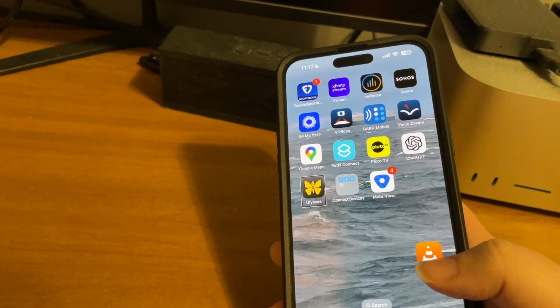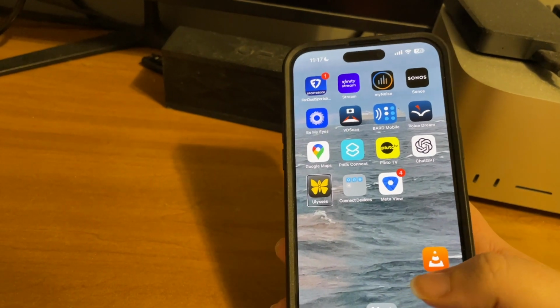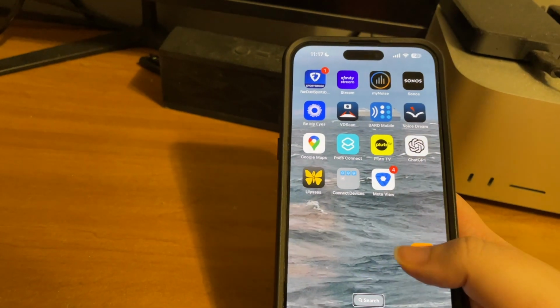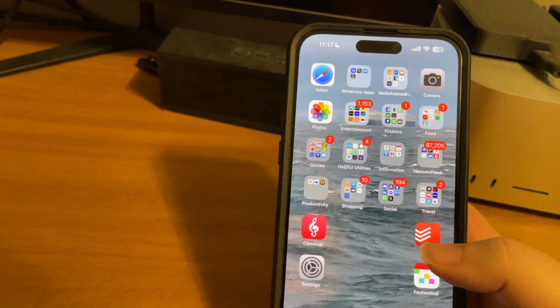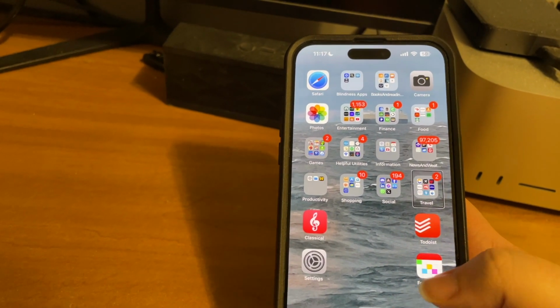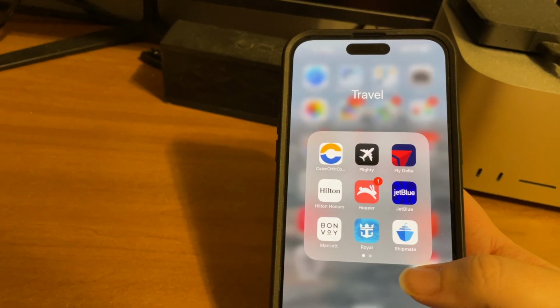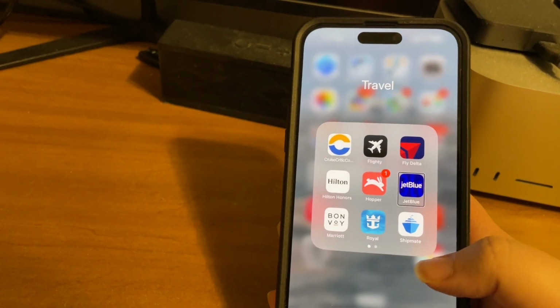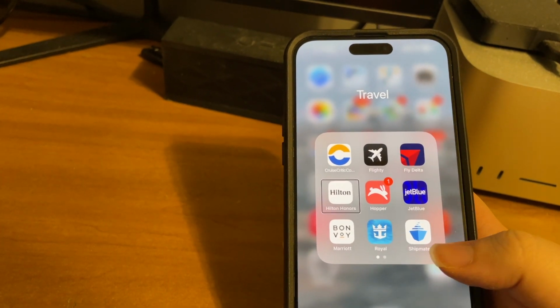And what I'd like to do is put a few apps from my travel folder. So just to show you, let's find my travel folder. Classical travel folder, 13 apps. I want to put Hopper, Hilton Honors, Fly Delta,